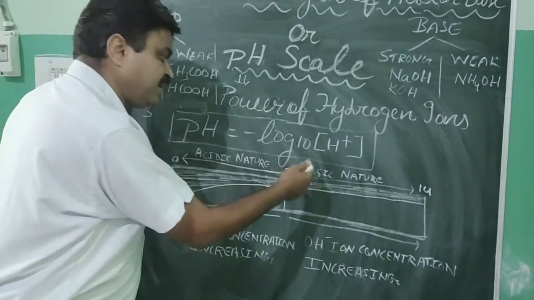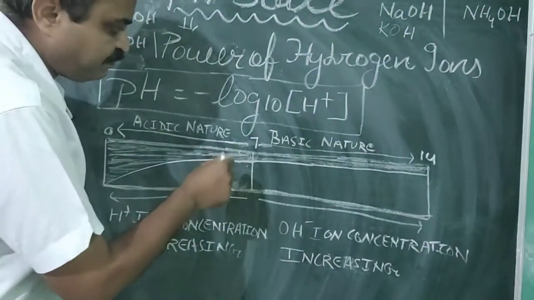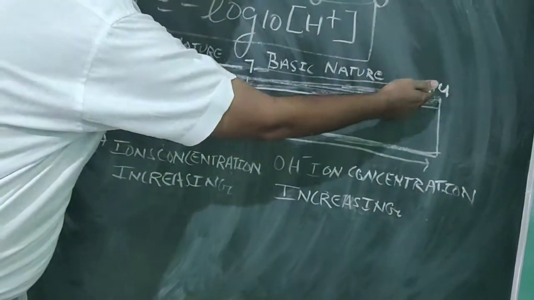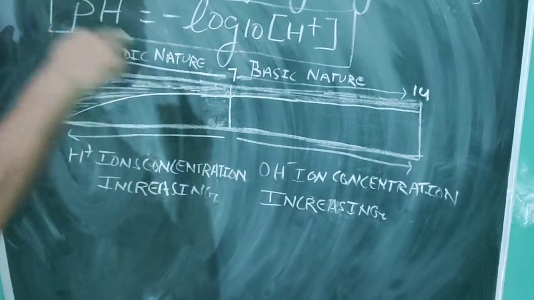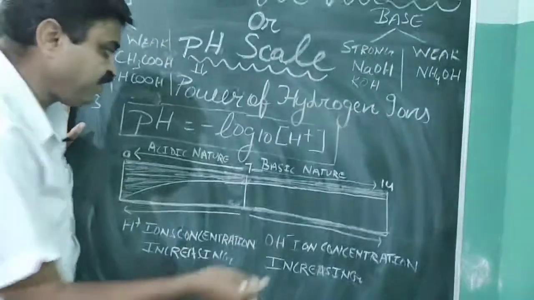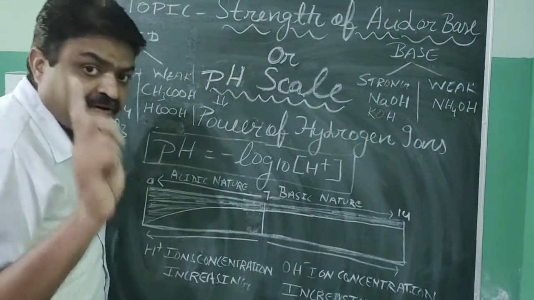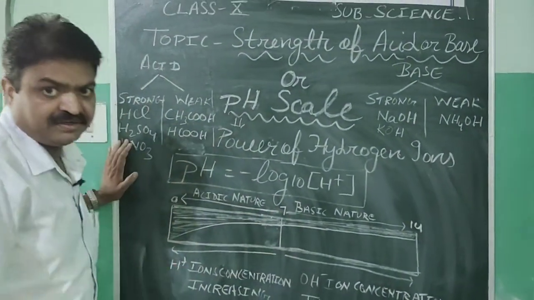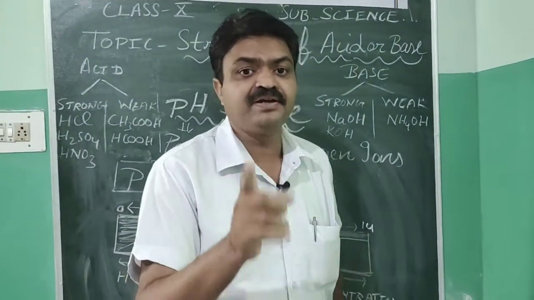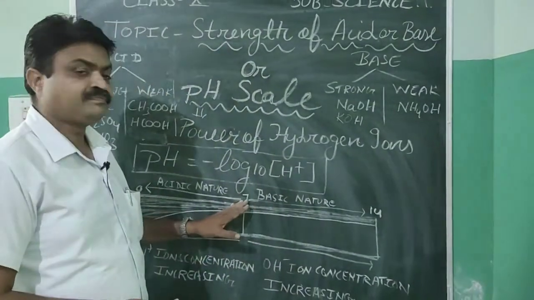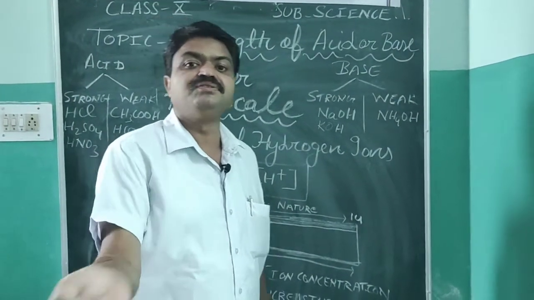Like this, we can also measure the strength of the base with the help of pH. If the pH is near 14, meaning it is 13, 12, then we can say that the base is strong. If it is near 7, like 7.2, 7.3, 7.4, 7.5 or 8, then we can say that the base is weak. If a particular chemical substance, like distilled water, has a pH of 7, then we can say that the particular chemical substance is neutral in nature.